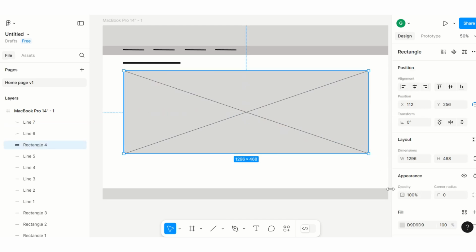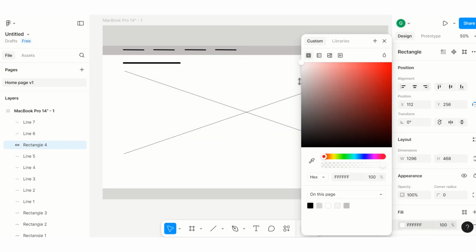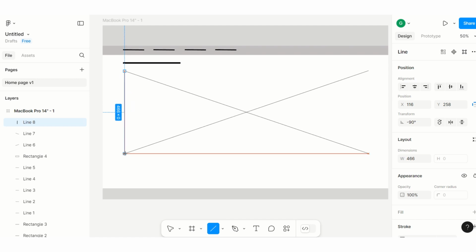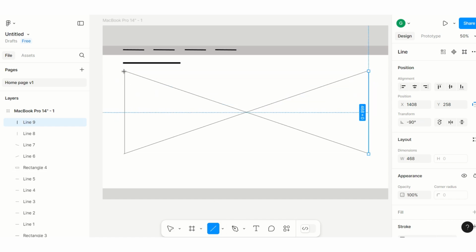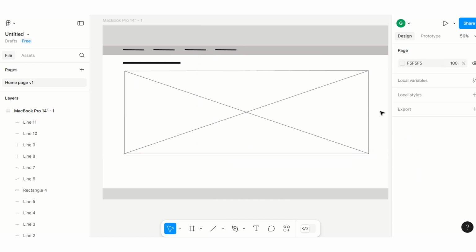We could actually see if we change that to white. Does it come with an outline? No, we'll have to put lines in. Ooh, yep, grand. It is snapping. Yeah, it's great. And one more. Alrighty, so that gives us an indication of where the image is going, and then perhaps we're going to have